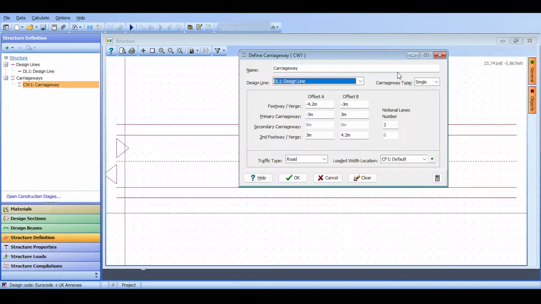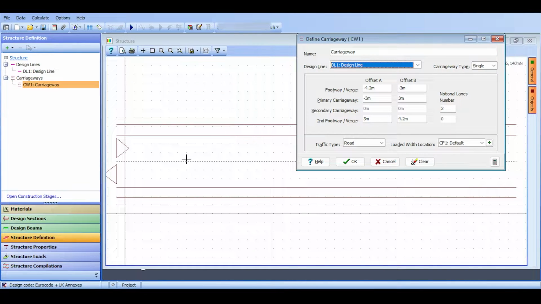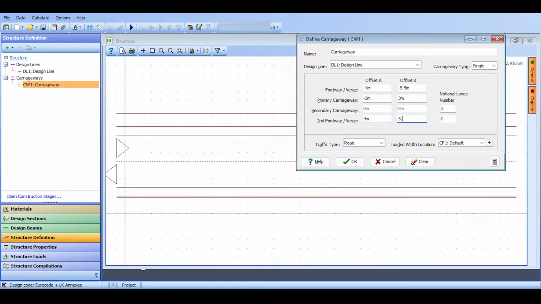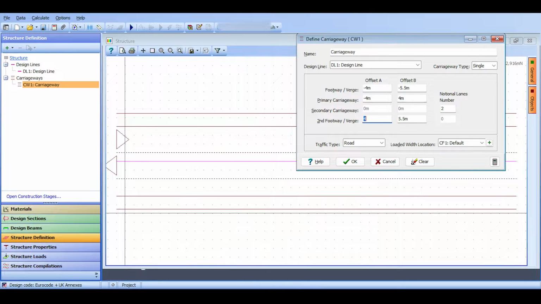Of course, I have a single carriageway, and it asks you to give it the offsets. I'm going to offset the footway to a negative, as we said before, to -4 and -5.5, and here 4 to 5.5. Those are the footways. I will still have to offset my carriageway -4 to 4, and this would have ended my definition of the